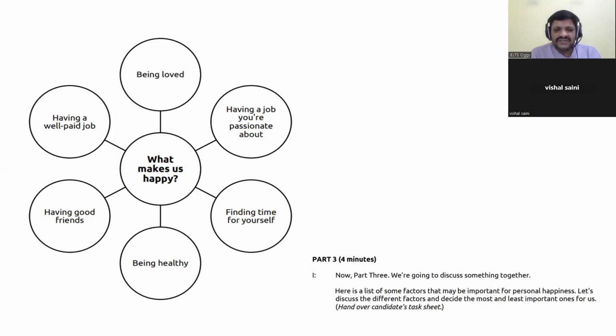So it's not something I will rely on for my happiness, but it's something that I will consider for sure because, as I said, money is the most important aspect in regard to living. But no, not the most important, I would say. It comes after health. So I would say the most important factor would be being healthy. And the least one, I would say, is having good friends because they don't exist.